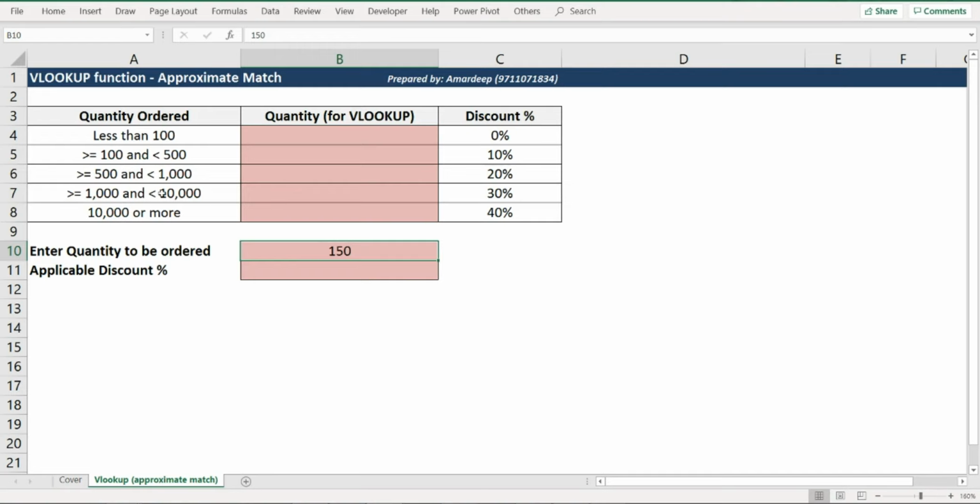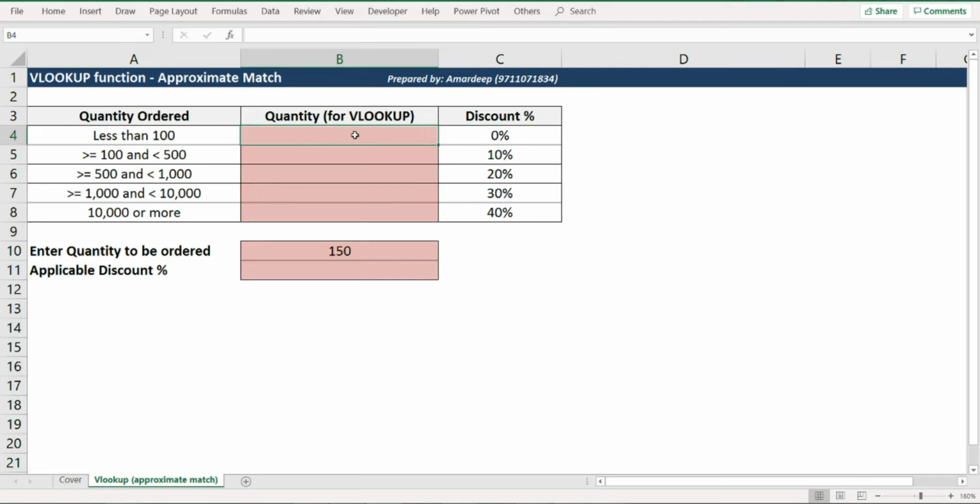So the first thing that we need to do over here is put the relevant quantity as a number in the second column, so that we could refer to this column for the purpose of lookup. All of these terms like less than, and, more, greater than, equal to, we need to remove and just mention numeric values in the second column.